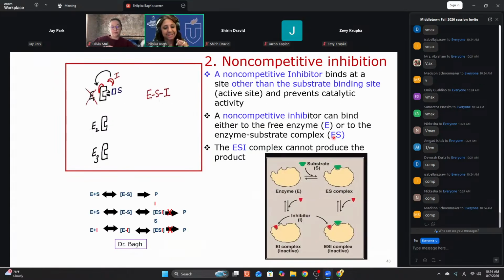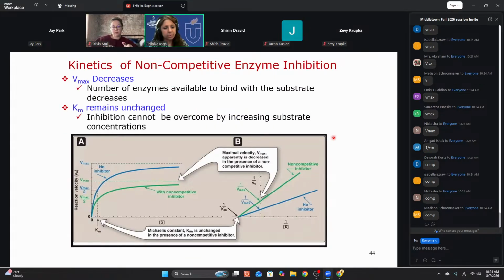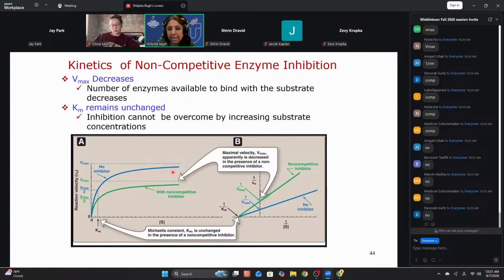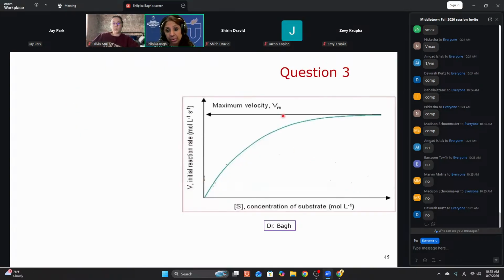So do kinetics. Now, for example, if you know the reasons, do you see an ESI complex in competitive inhibition? Do you see an ESI complex, enzyme, substrate, and inhibitor together? No. You see that in non-competitive inhibition, because in competitive inhibition, the inhibitor binds to the same site as the substrate binding site. Do the same for non-competitive inhibition. As I told you, in hyperbolic curves, see what is changed. In double reciprocal plots, see what is unchanged to get to the answers quickly. I've explained it all. This is the summary.